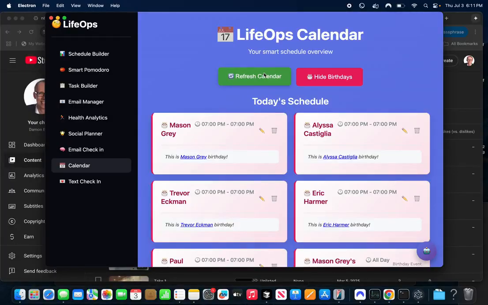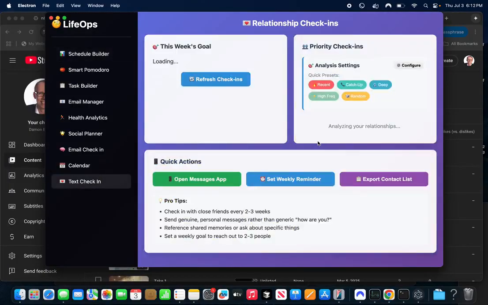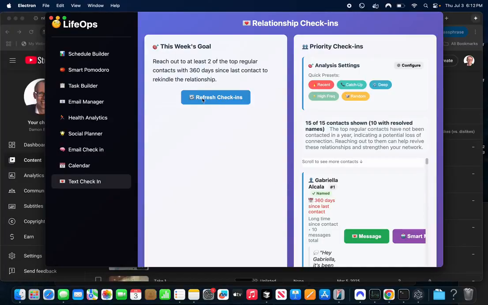So you see that we're moving into the more socially planned functions here. Let's focus on the next one, which I really love. It's called text check-in. What is happening here is text check-in is going to analyze my actual text messages, and match people that I have a phone number with that are also in my ChatGPT file.